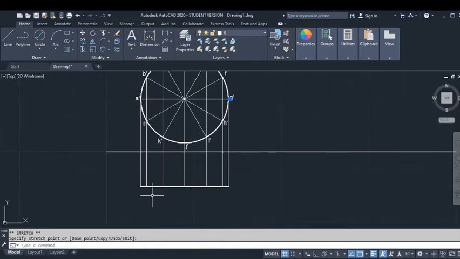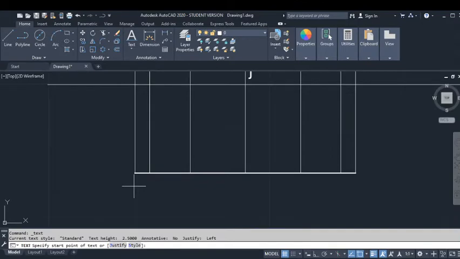Now let us also give the names of the projectors on my top view. So again I'm going to make use of this text command and I'm going to give the names. Initially I have to specify the height and angle of the text.